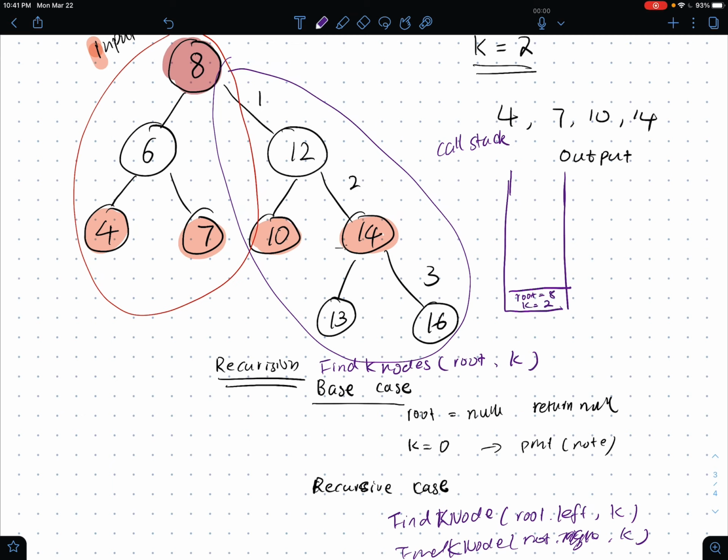We keep recursing to the left subtree first. So now the root is 6 and k equals 1, right? Still not our base case yet. So let's reach root is 4, then k equals 0. What happens at this point? Pop off